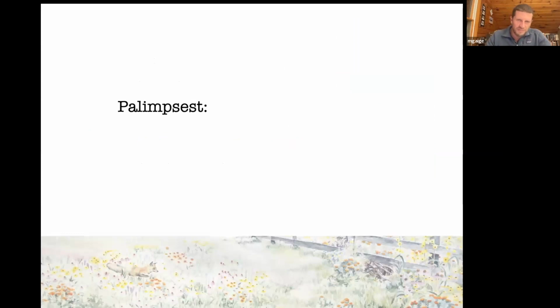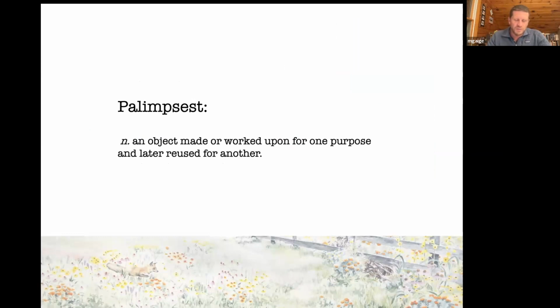And I have one vocabulary word for you to learn tonight, and that is a palimpsest. If I had you all in the room, I'd ask how many people know this word. Generally, very few people know what this word is. It's Old Greek, and it was specifically referring to stone tablets, in that you'd have a stone tablet with